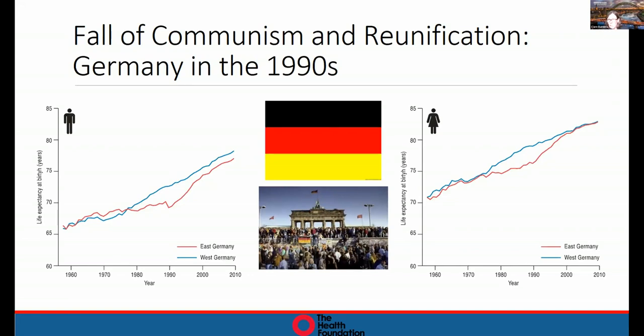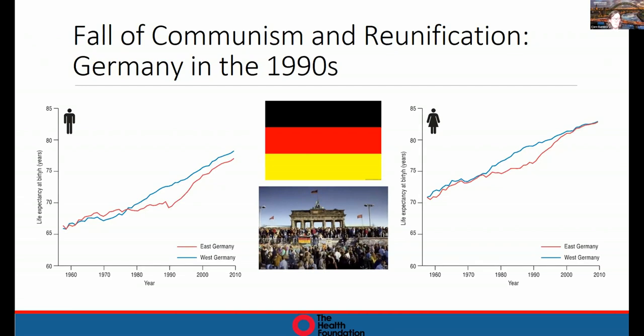And then, as you can see, particularly obvious on the graph for women, within a very short epidemiological time frame, one generation, 20 years, that life expectancy gap has completely disappeared for women and is around 6 months for men. So this is a very rapid shift in terms of health inequalities. And whilst people are still discussing and debating it, particularly in Germany, as to how it happened, I think there are probably 2 or 3 pathways that we can think about.